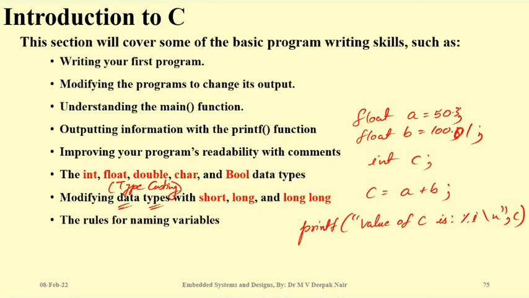Okay. So remember, float has higher precedence than int. Precedence means it has a bigger size, it is given bigger priority, you can say. So you cannot come downward without typecasting. In this case, if you want to put the value of a plus b in c, which is an integer, then you will have to typecast this, like you said earlier. You will have to convert a into integer first, similarly convert b into integer first, and then add them and store the result in c.